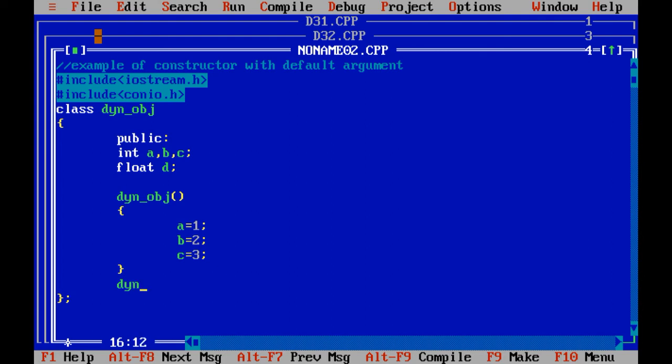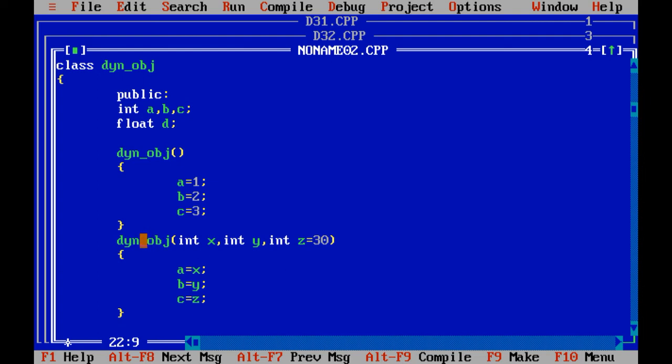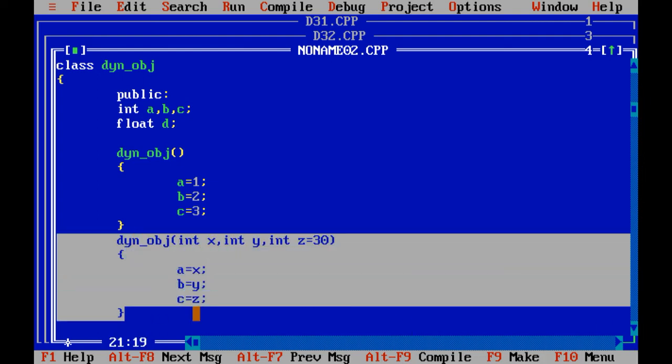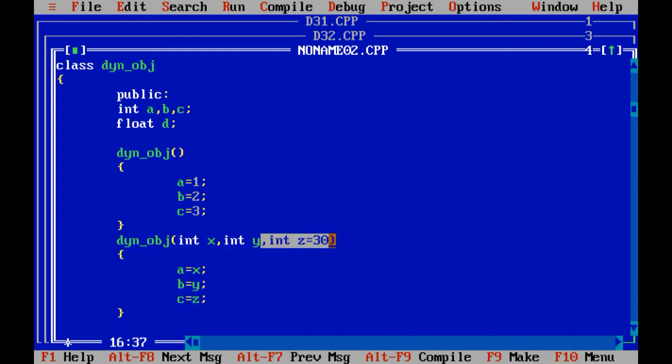Similarly, I want to use a parameterized constructor within the same class, as well as default argument inside the class. A equals x, b equals y and c equals z. Similarly, I want to create the same constructor with default argument, but I want to take a different data type, that is float. Such a thing is possible.